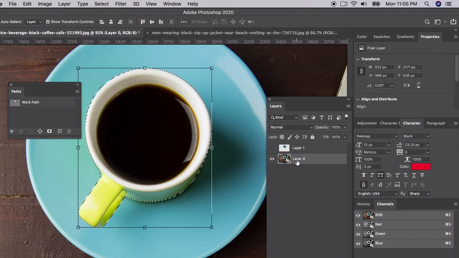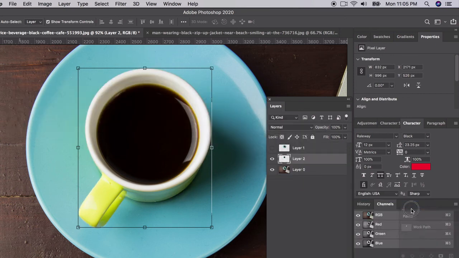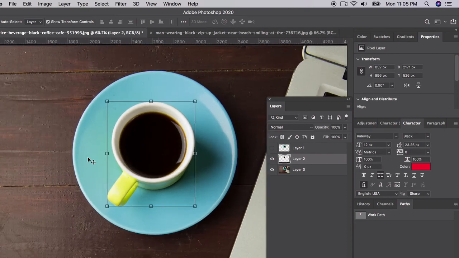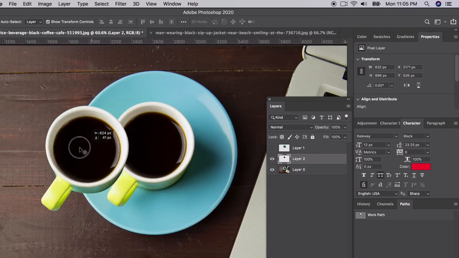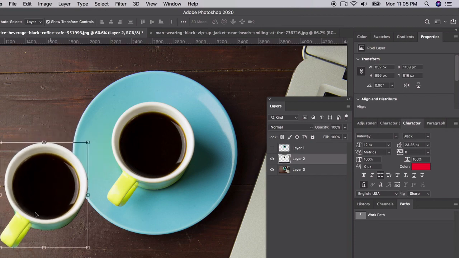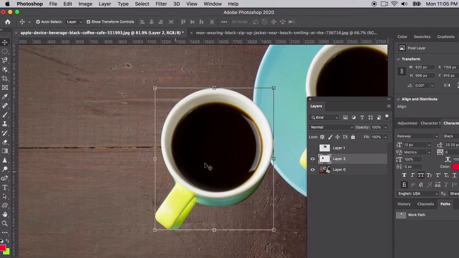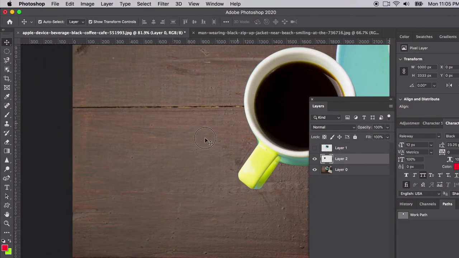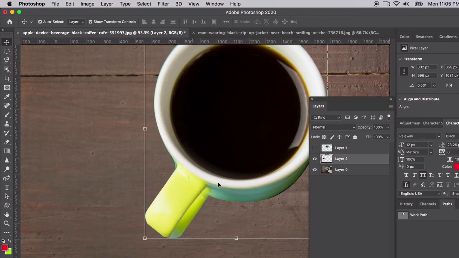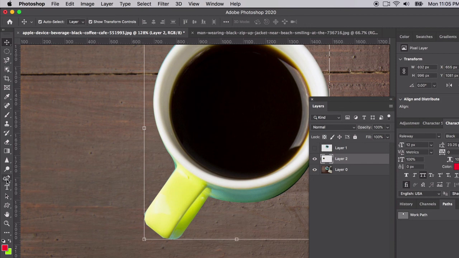So now we can go down to our original layer, copy, and then just paste it into a new layer. Let's go and drag our path tool over there. Anytime you use the pen tool, it creates a path. That's why that's handy. And here's our little isolated cup. So we can always trim. I love using the pen tool for trimming certain objects I cut out and I maybe don't like how it's cut out. I can grab that pen tool again